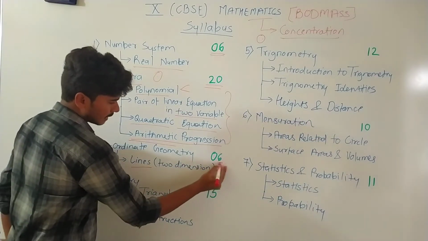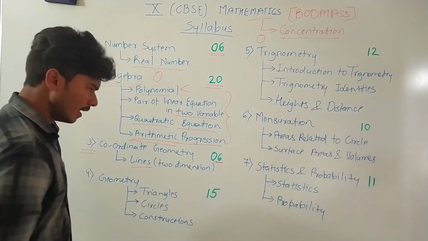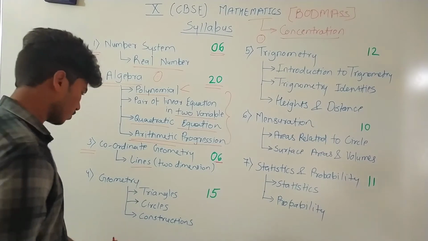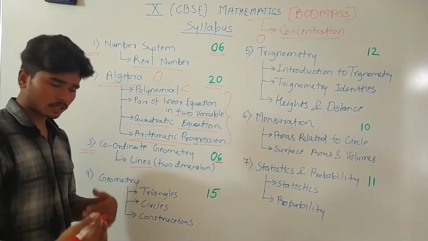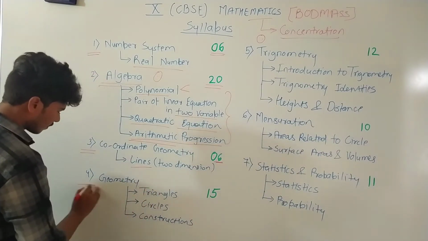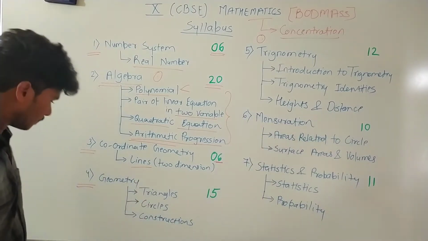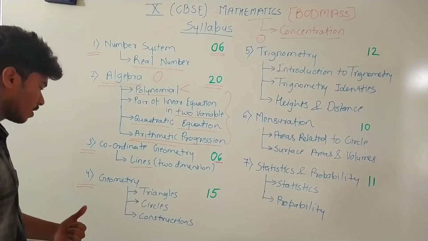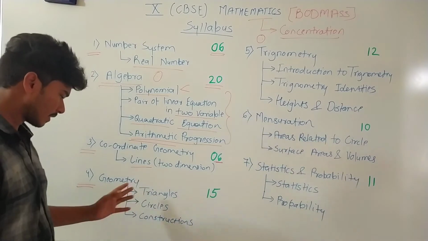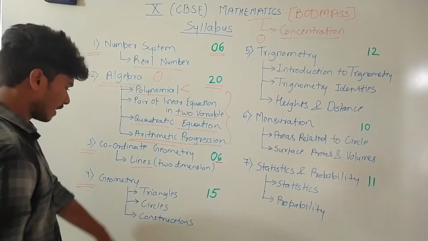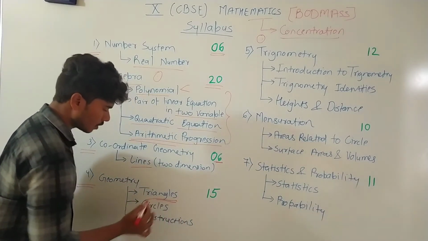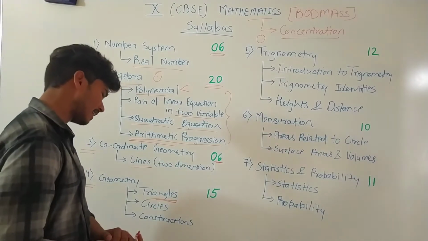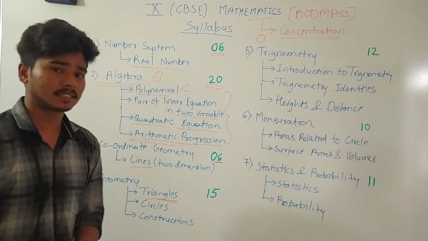So this is also a 6 mark weightage, little but most important this also. After that, we are going to cover the geometry section. That's our 4th unit, geometry. In geometry, there consists of 3 chapters. That's first one, triangles. We are going to deal with the triangles, their area and their similarities.